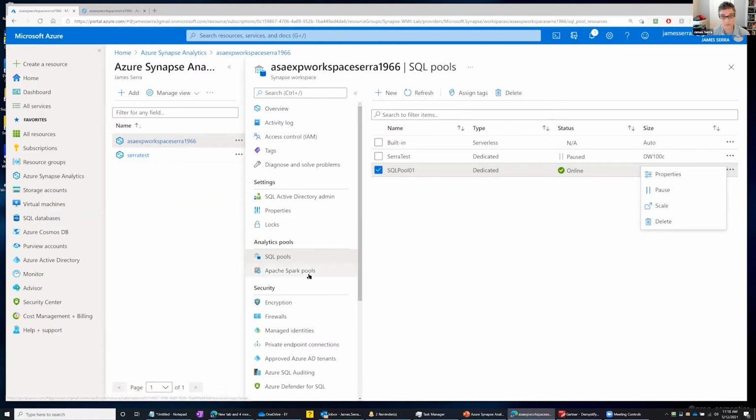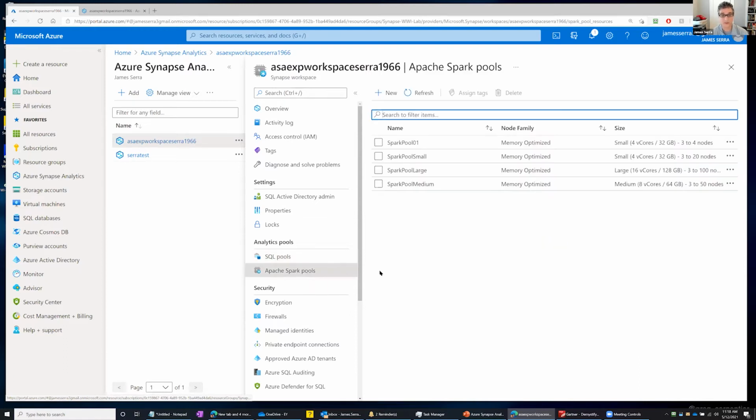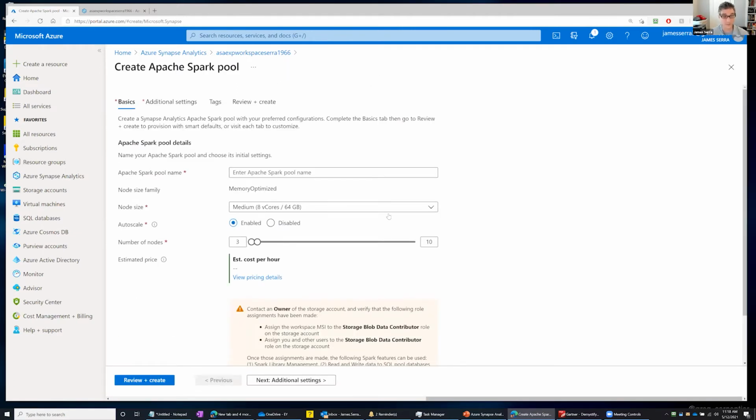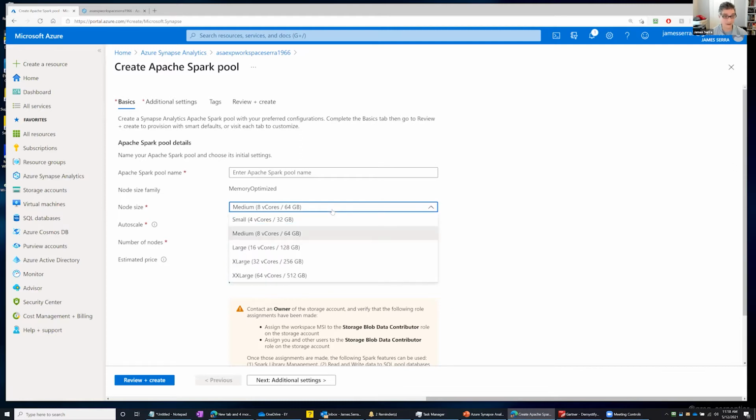Now, the other part of this is Apache Spark pools. You can see I created 4 of these. These are very similar to the way you set up Databricks before. You come in here and specify the node size. We have Microsoft's 5 options in there, the number of nodes, and whether you can auto scale. So if you have a query that needs more horsepower, or a number of queries come in, the ability to auto scale up and down is there.